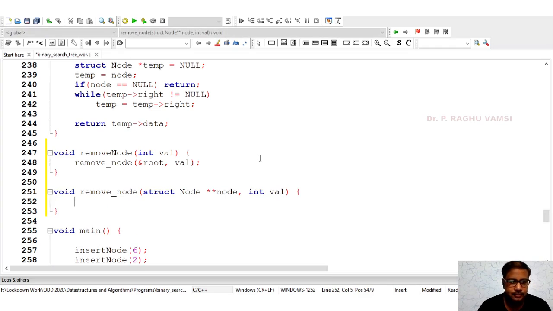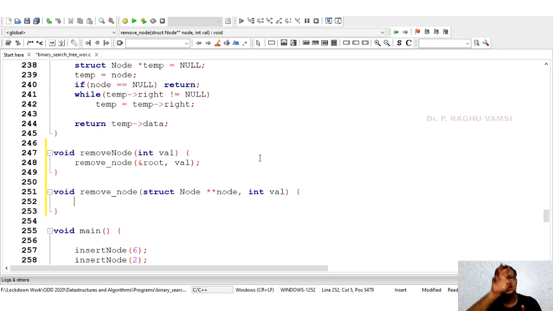As usual, we'll take the help of a temporary node, and we should also take the help of some other temporary nodes, that is, which node is going to be removed. The left side value of the node which is going to be removed should be placed in some temporary, and the right side node should also be placed in some temporary.